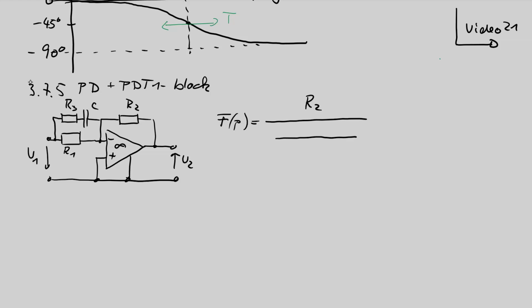In the numerator of this parallel circuit division line we see the product of the parallel impedances, that is R1 multiplied with the series connection of R3 plus 1 over pC. And in the denominator I write the sum of all the impedances,